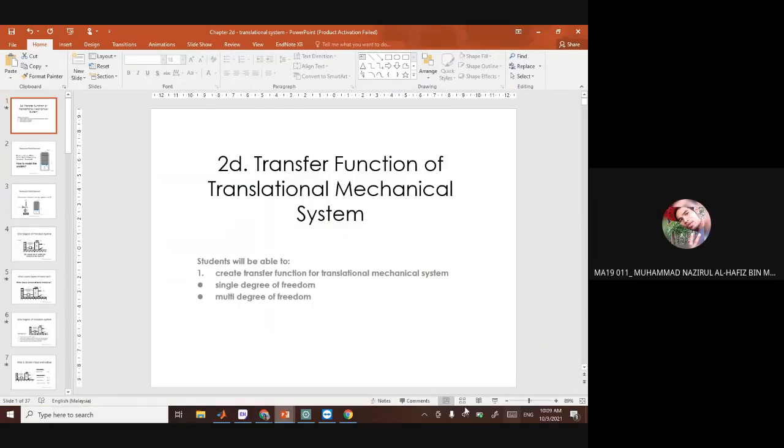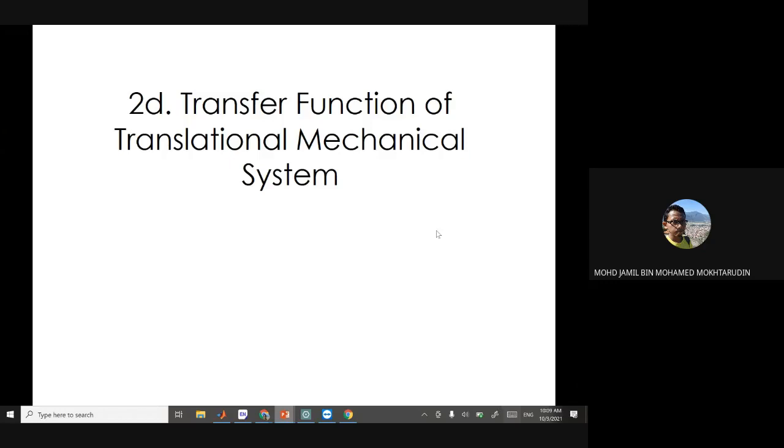Alright, so okay, let's start our class. Today we are going to learn the next subtopic of lecture number 2, which is about the transfer function of translational mechanical system. So yesterday,